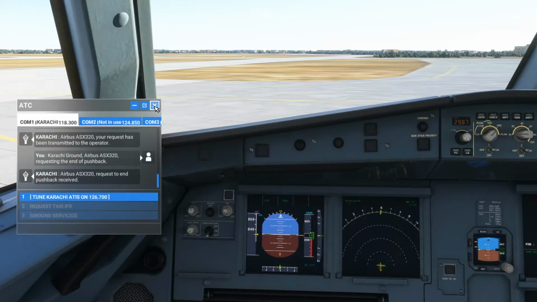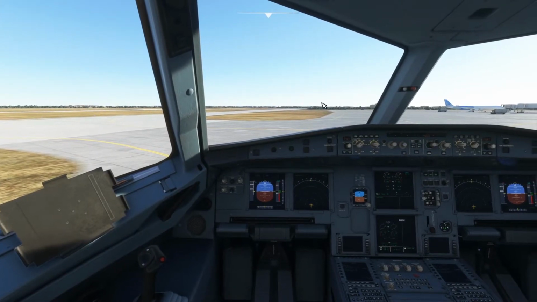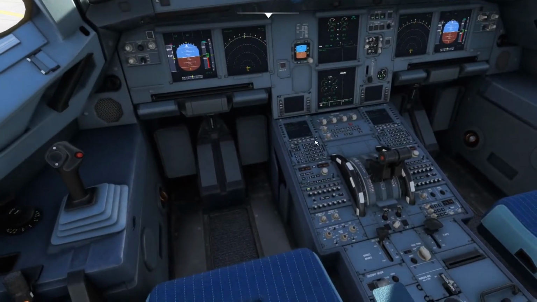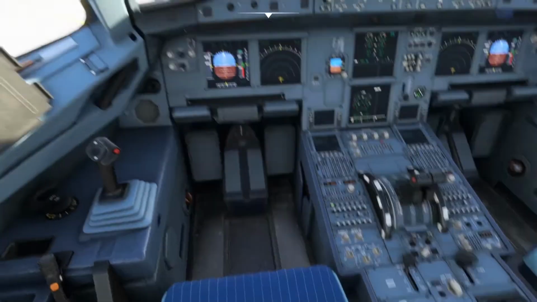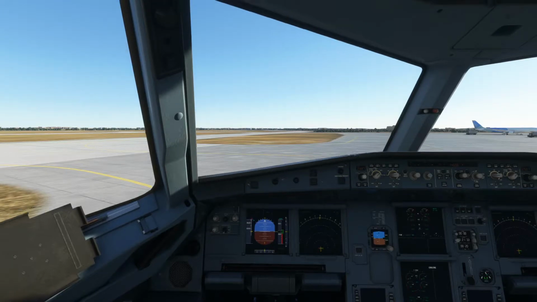Request taxi, IFR. Karachi ground, Airbus Alpha Sierra X-ray 320 with Tango, ready to taxi IFR. Airbus Alpha Sierra X-ray 320, taxi to and hold short of runway 25 left via taxiway Alpha. Contact tower on 118.3 when ready. So we have got the clearance, and